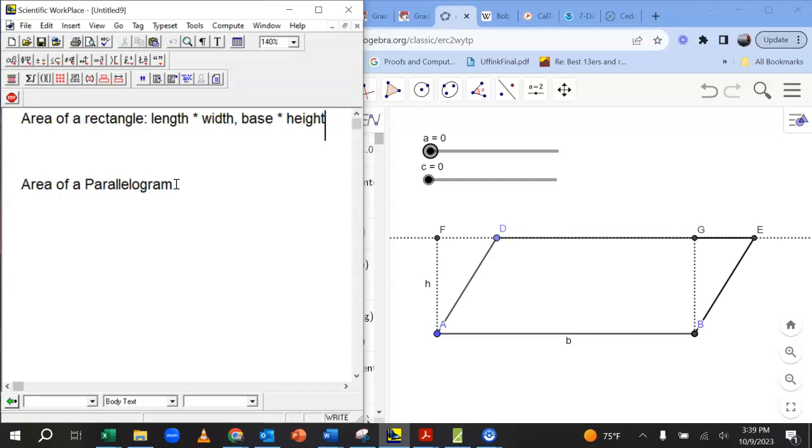But a parallelogram, it turns out, is extremely similar, even though it's slanty. And so I want to show you that. I think you've likely seen it before, but if you haven't, it's just a very pretty thing. And it's an example of how you figure out area formulas. You basically do a lot of cutting, or sometimes just a little cutting and pasting. So I've got this parallelogram here, and in fact, I can